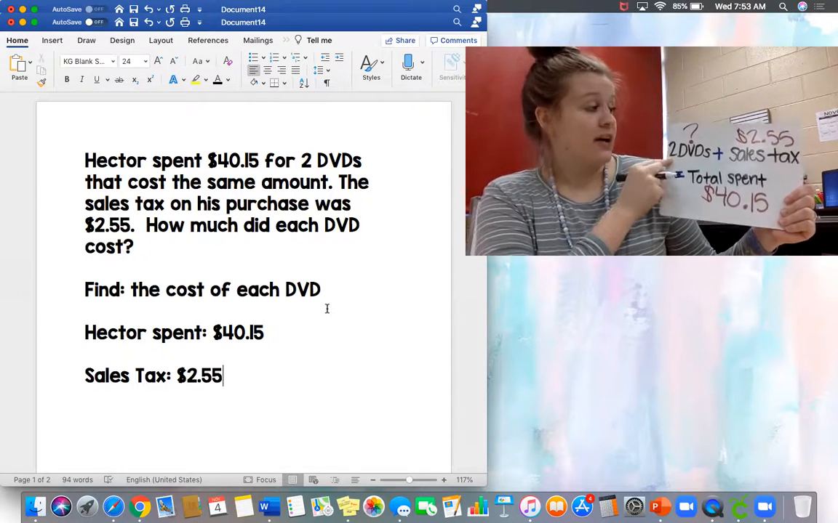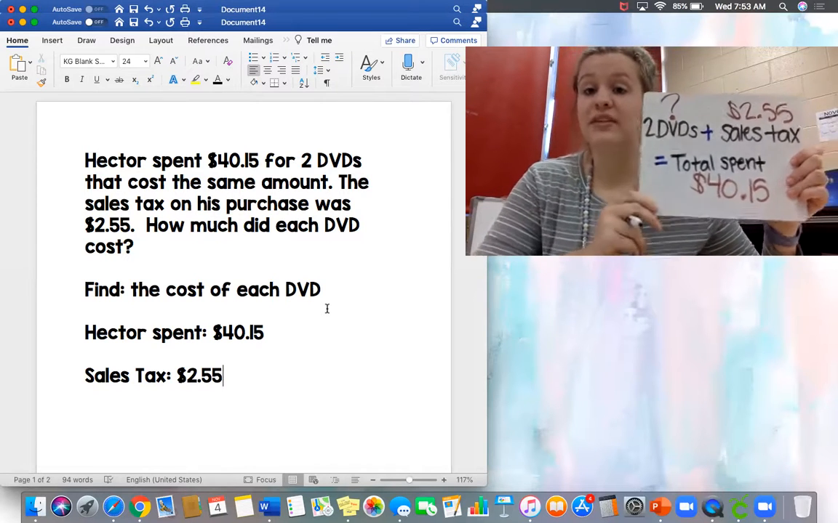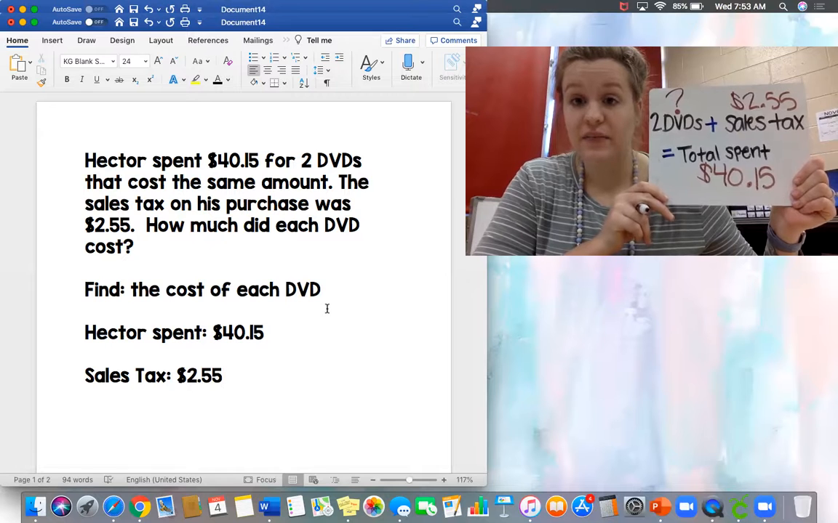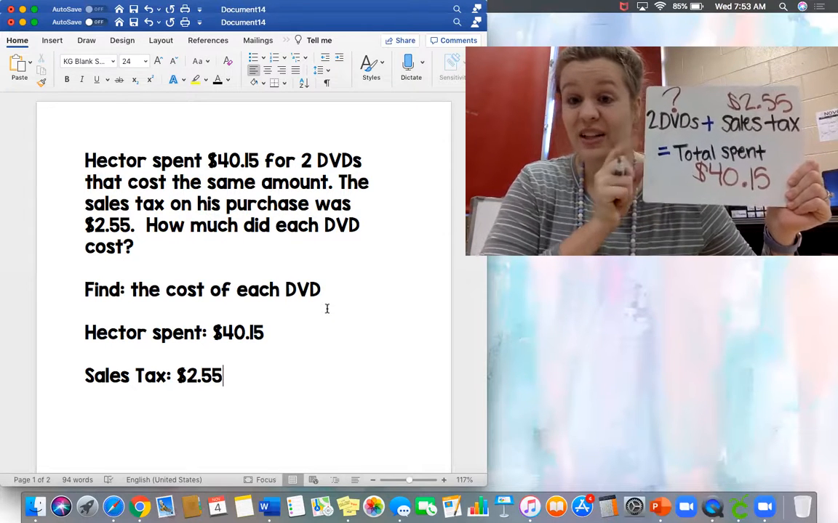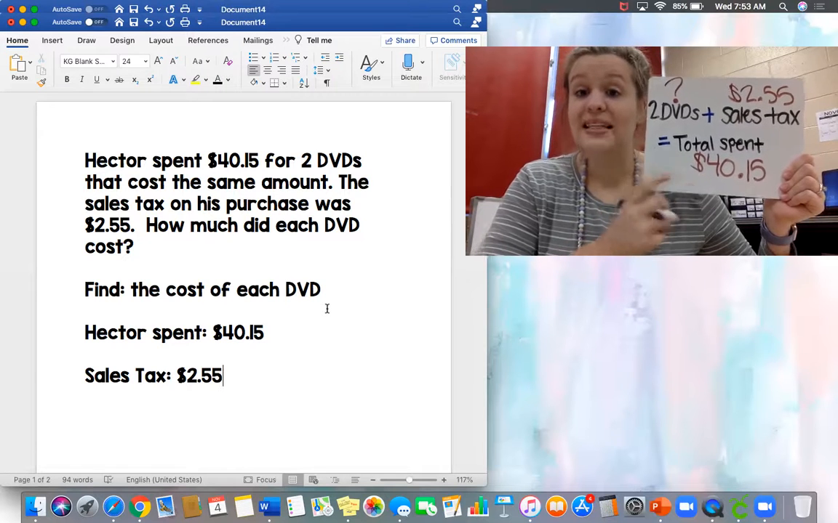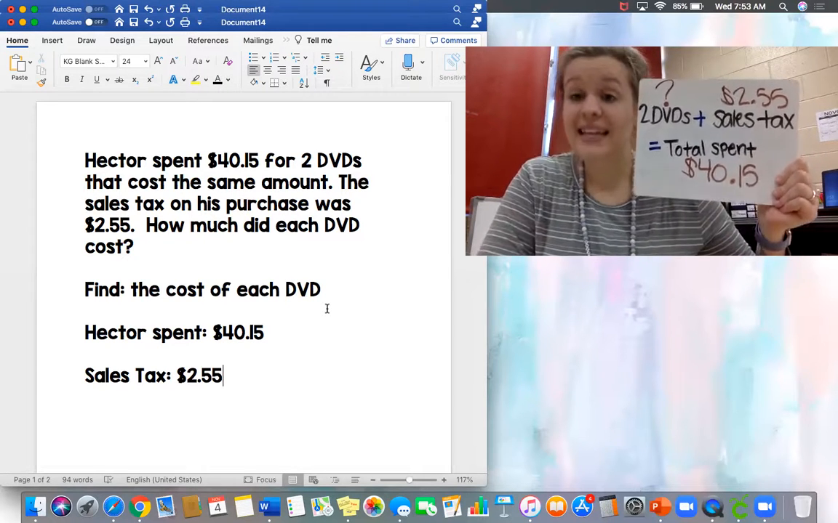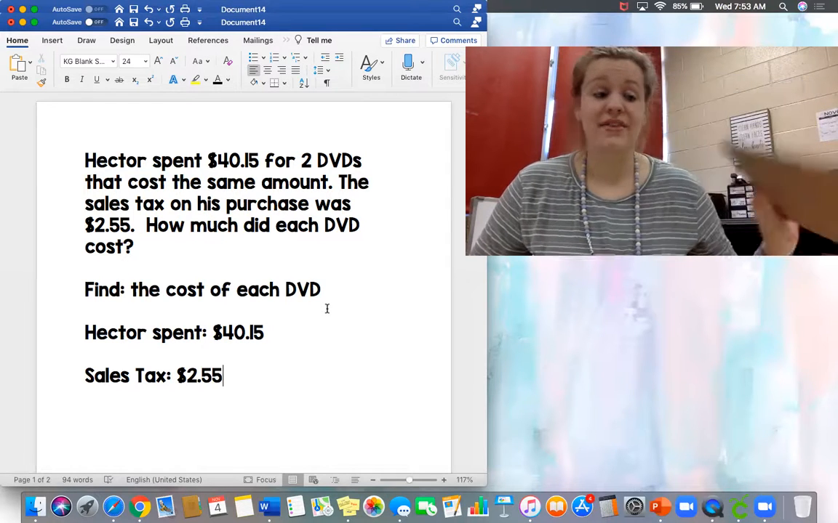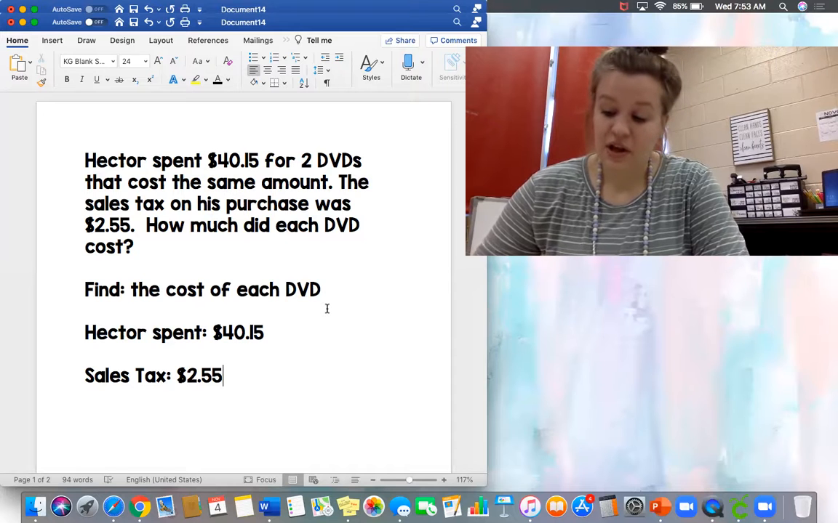Okay, so how do you think we are going to find how much those DVDs cost? What is our first thing that we're going to have to do? Because remember, sales tax is included in this total, but it's not included in the cost of the DVDs. That's right, guys. We need to take the total and subtract the sales tax because he paid for sales tax, but it is not included in the cost of the DVDs. So let's set that up. We're going to have